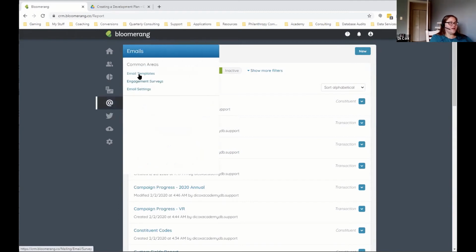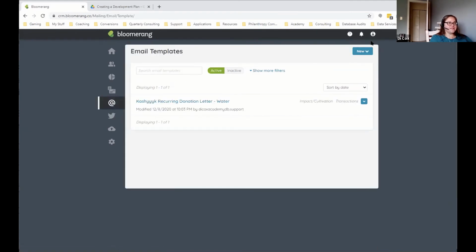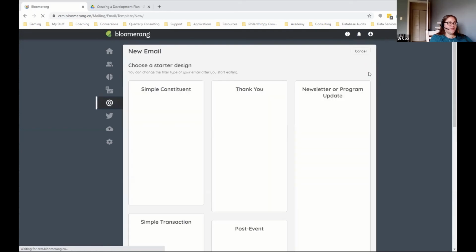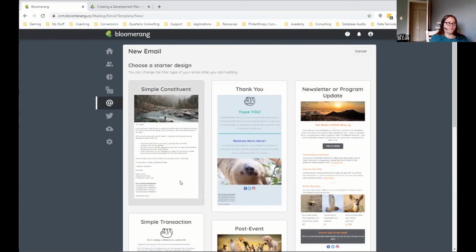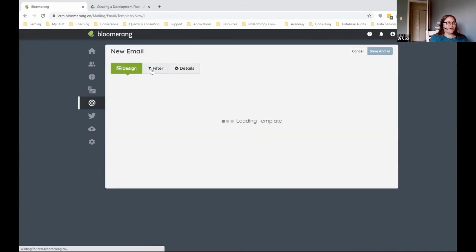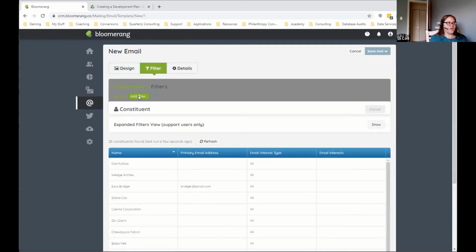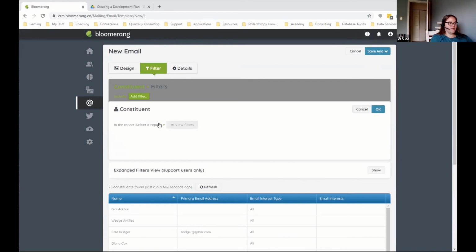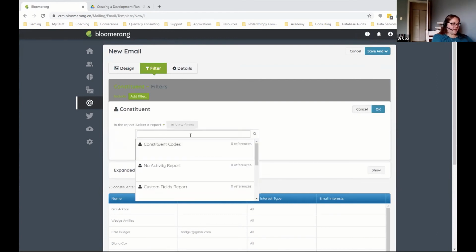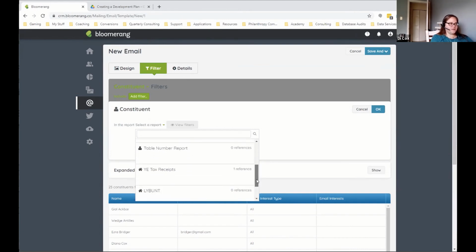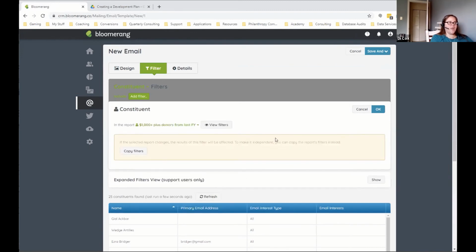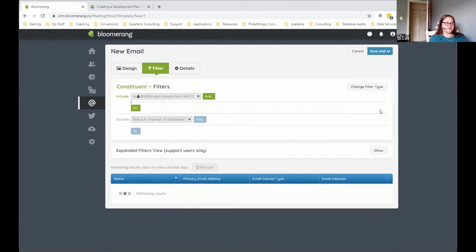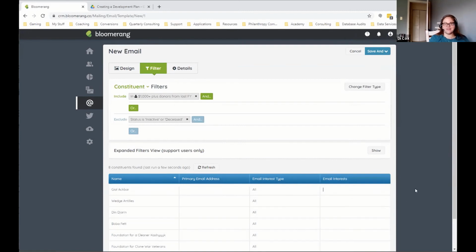So I can come in, go to my email templates. I'm going to do a new one. I'm not going to click through an entire one, but we're going to click here and I'm going to go to filter. And I want to look at a report. And I'm going to select the report that I just built. There it is. And so now I'm going to use this list to build out this segmentation to receive this